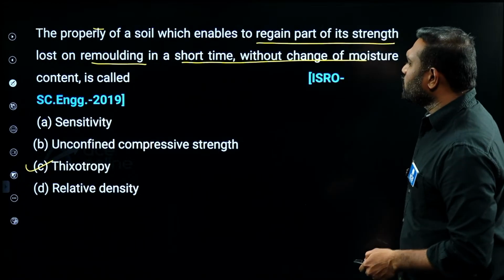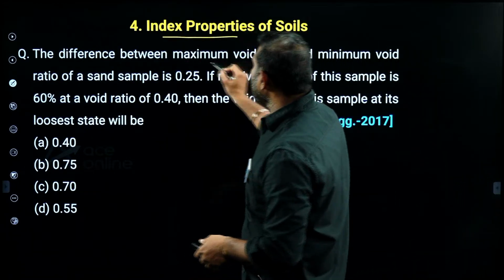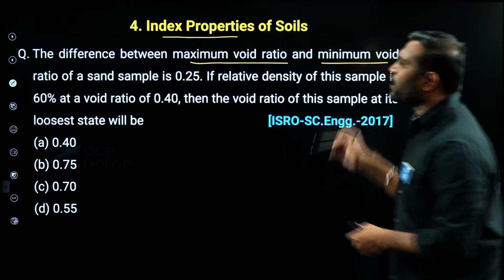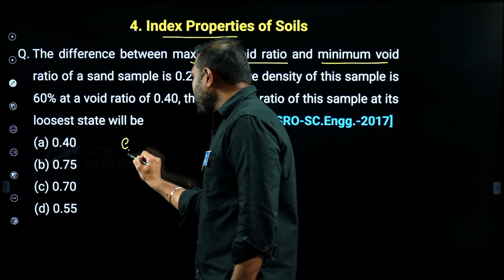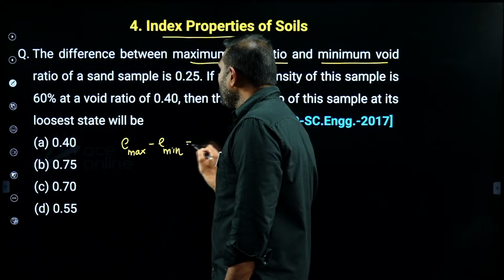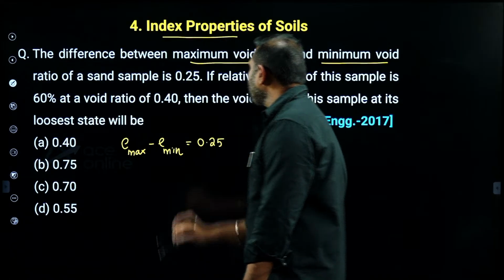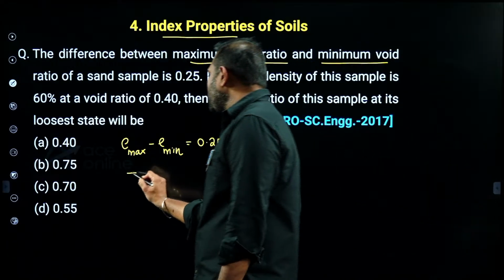Okay, now come to the next index properties. The difference between the maximum void ratio and the minimum void ratio of a sand sample is 0.25. So e max minus e minimum is given as 0.25. If the relative density of the sample is 60%